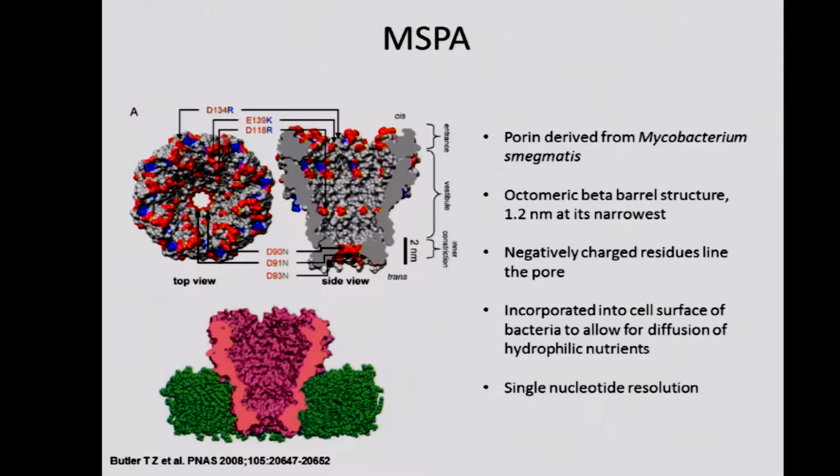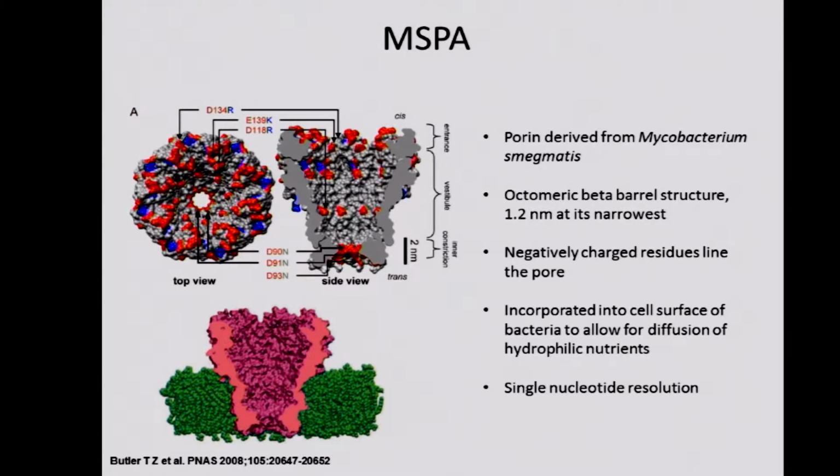Now, one major difference is this length here. This is the neck portion of the protein. It's much shorter than that present on the alpha-hemolysin, so that's going to change how the material is measured, how the voltage is blocked. And we'll get to what I mean by that shortly, as the DNA or whatever material